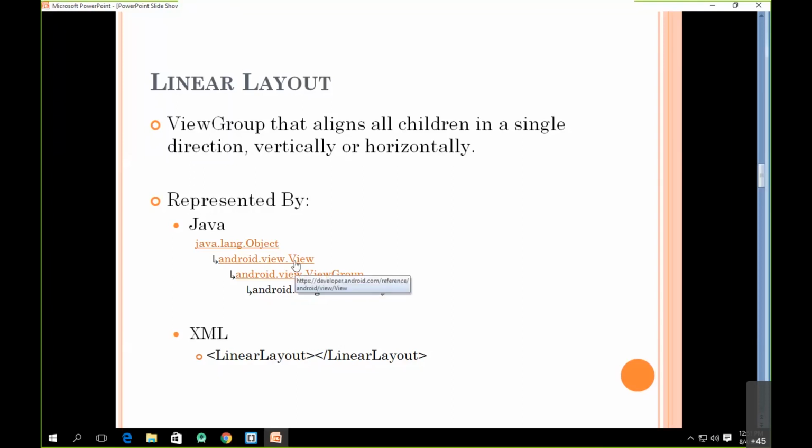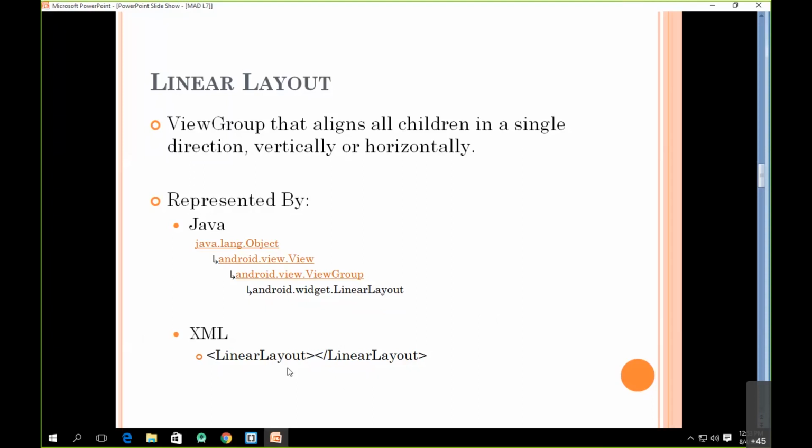Click on this particular link, and you will be navigated to the documentation of the corresponding classes. For the current lecture, we are not interested in documentation, but what it stands for, I'm going to show you exactly with the help of a demo. Everything that we are going to use in Android will have two perspectives. One is the Java perspective, where we have the corresponding class inside Java, and another is an XML perspective, where we have the corresponding XML element.